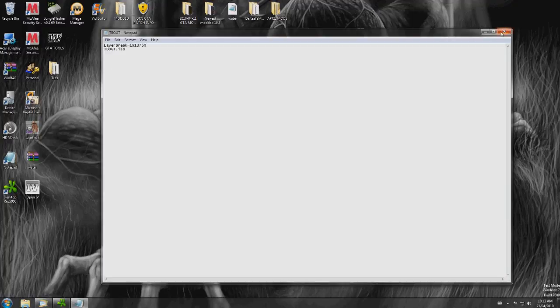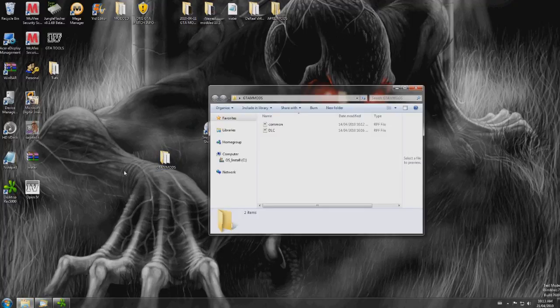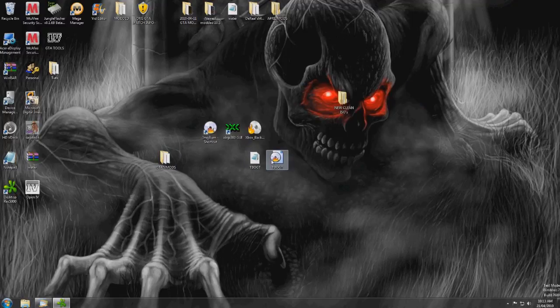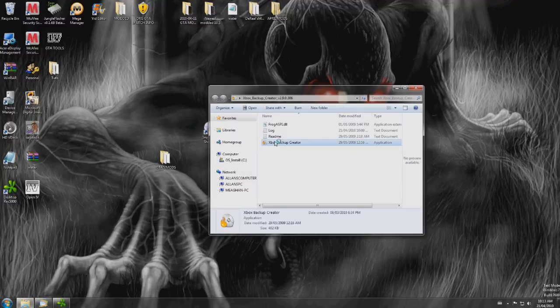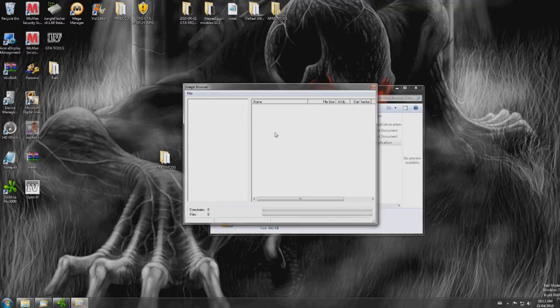And that's that. So before you go any further, open a file or create a new file on your desktop. Put in your modded common and your modded DLC that you're going to be moving. Okay, so that's all it should be in that file. Open up Xbox Backup Creator. Click on Image Tools, Image Browser, File, Open Image File,